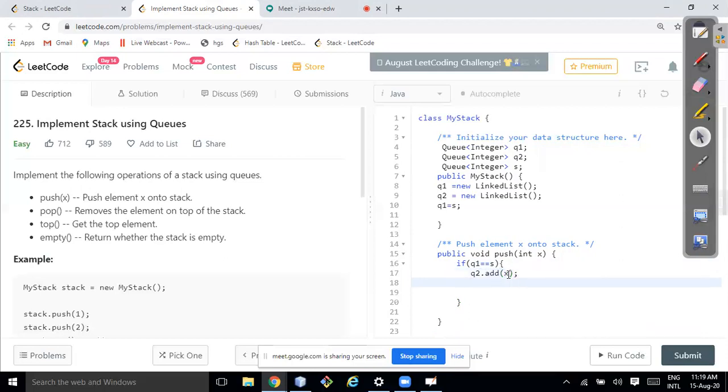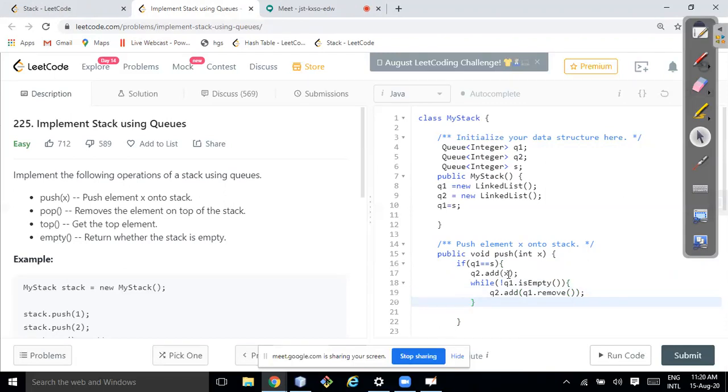What's next? While Q1 is not empty, Q2.add(Q1.remove).